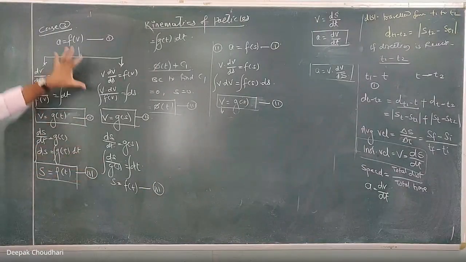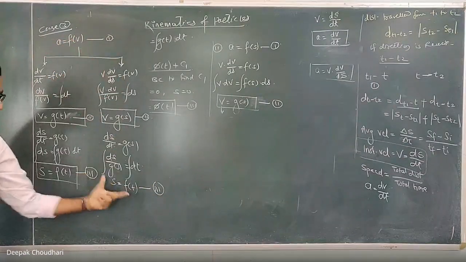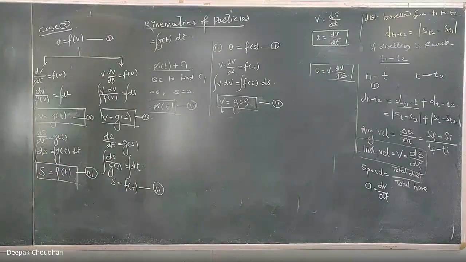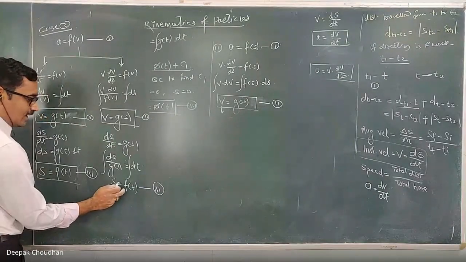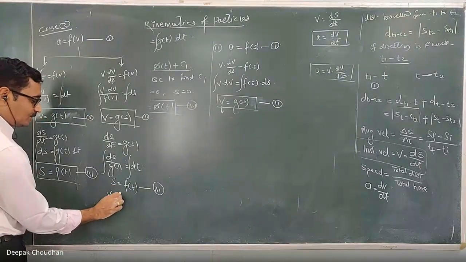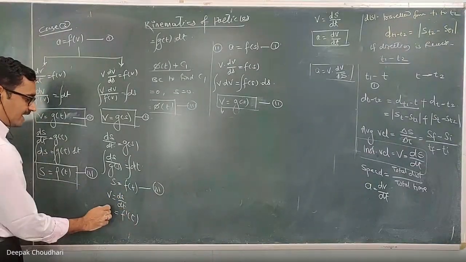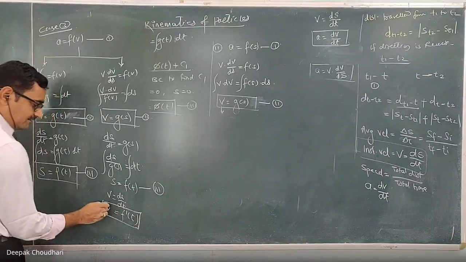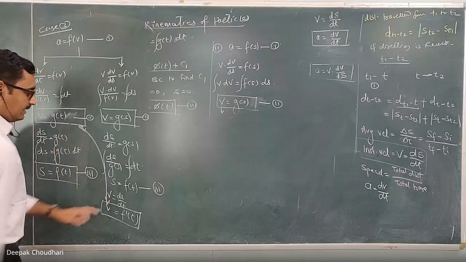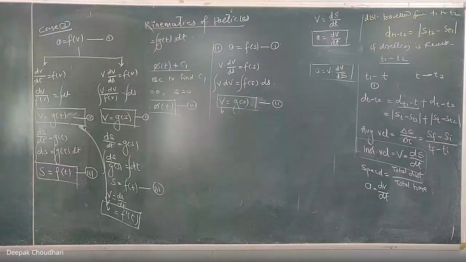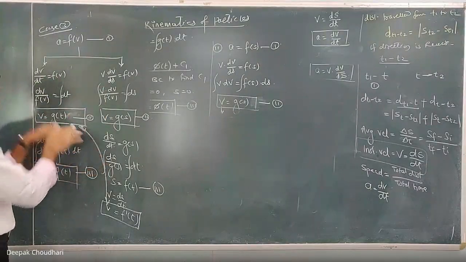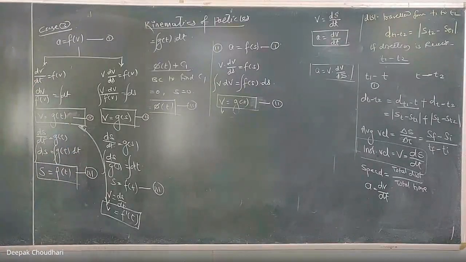Now, if you observe, whether you solve by this method or by this method, the final equation will remain the same. Understood? Here, if I differentiate the function, v equal to ds by dt, if I differentiate this equation, I will get f dash t, and this equation and this equation, both will remain the same. So in this question it doesn't make any difference whether you are replacing this a by dv by dt or v into dv by dx. Keep solving, and there you will get the answer.